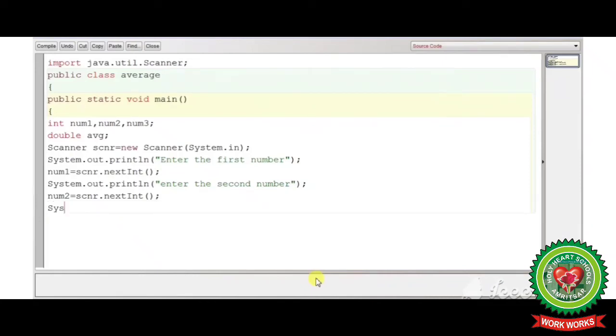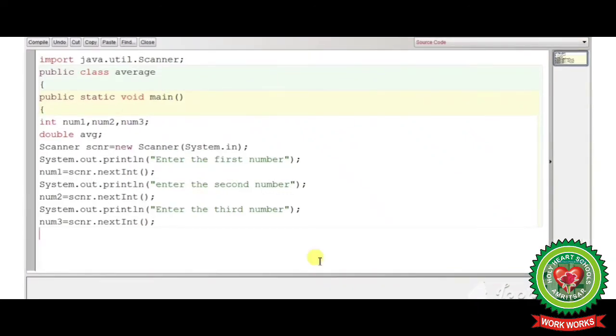Again to accept the third number, firstly we will print the statement System.out.println("Enter the third number"); and we will write num3 is equal to scnr.nextInt(); So to find out the average of three numbers, we will write average is equal to